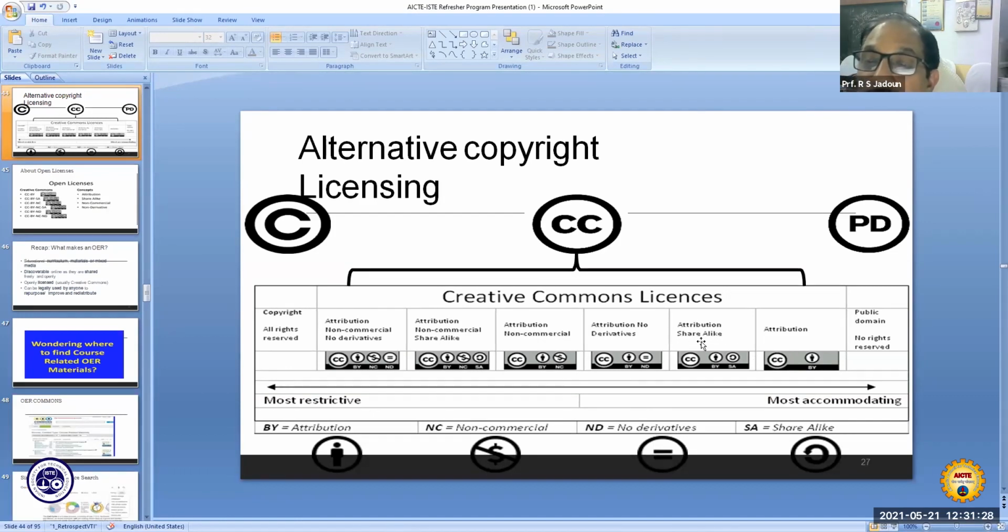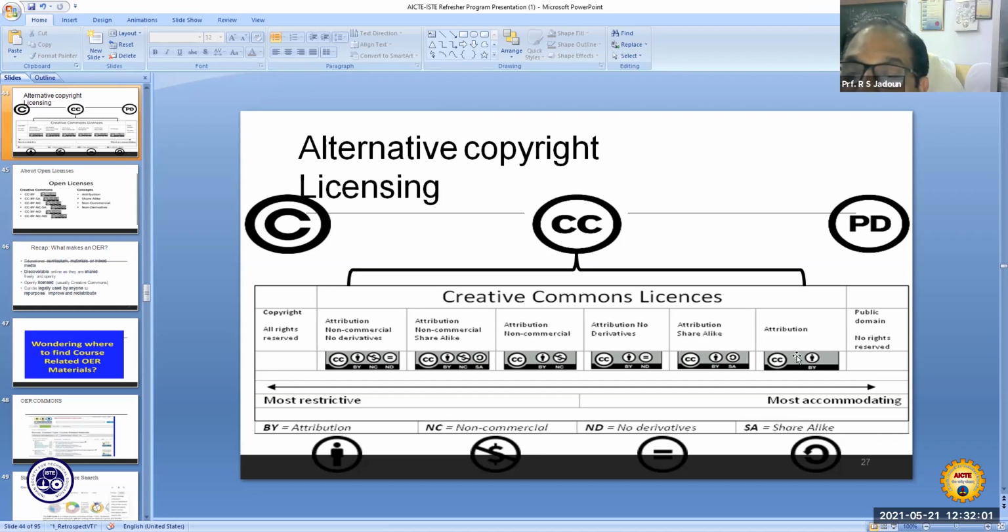Then fifth one is the attribution share alike. And finally, only by attribution, where all sorts of different flexibilities have been given, except that you have to acknowledge the creator's name. Only restriction put here in the 6th one is that you have to acknowledge who has already created, and then you can make use of anything.